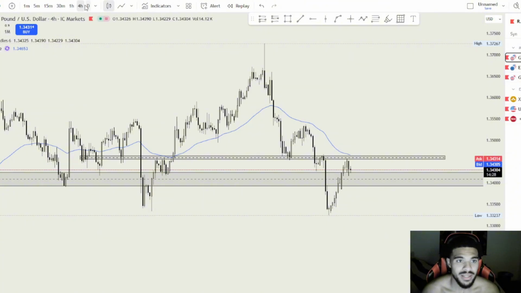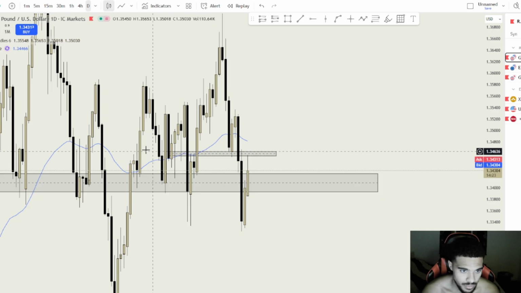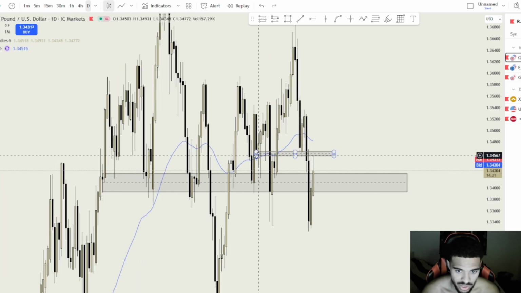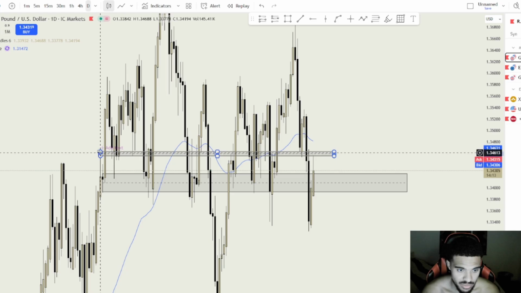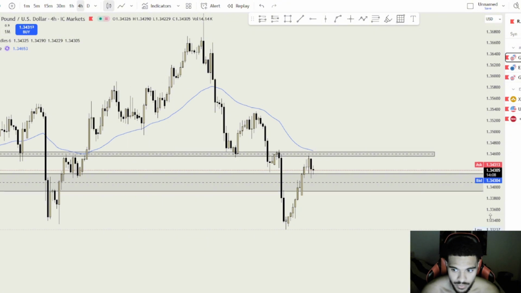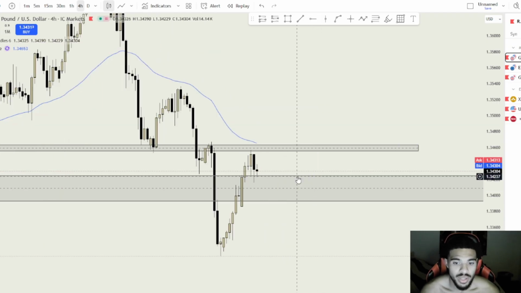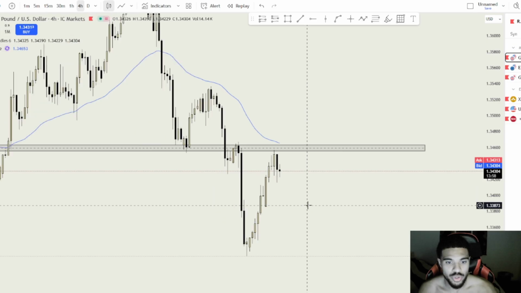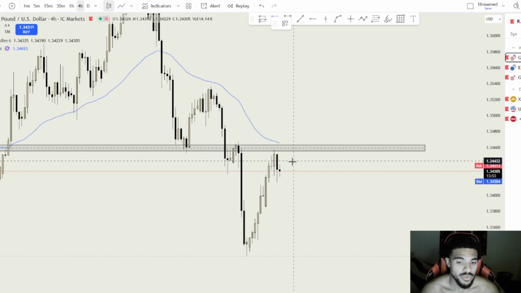So I'll go back to the daily time frame and get a bit of an understanding of where we are. Okay, so in a decent zone. There was a rejection from here beforehand as well, as you can see. Wick rejection, body wick rejection, another wick rejection there as well. So this is a valid zone for me. Price has pushed back up to it, wicked, rejected, and there's a bearish engulfing of this candle on the 4-hourly as well. It is safe to assume that price could potentially drop from this level, giving us maybe 1 to 2 or something like that.